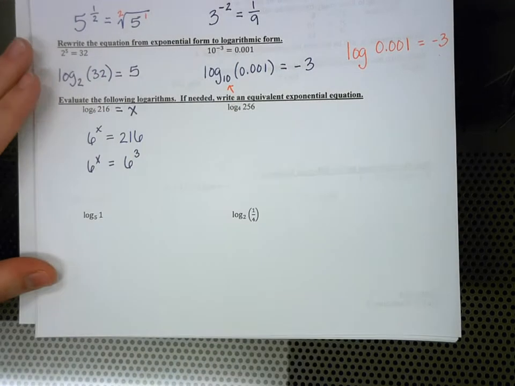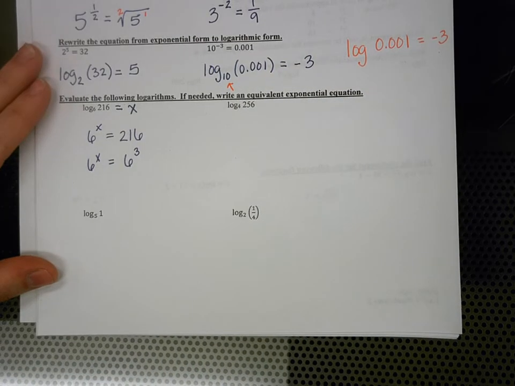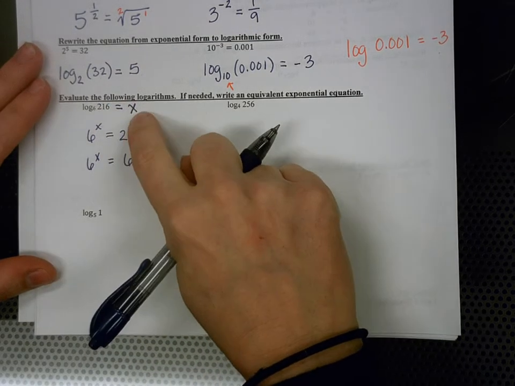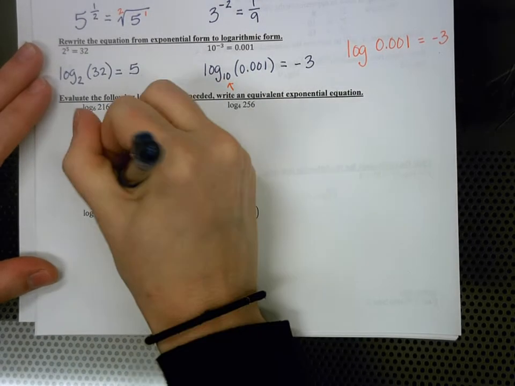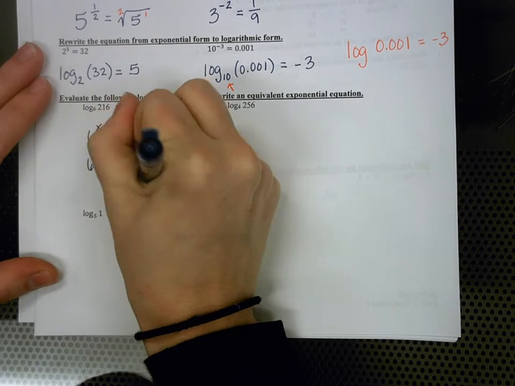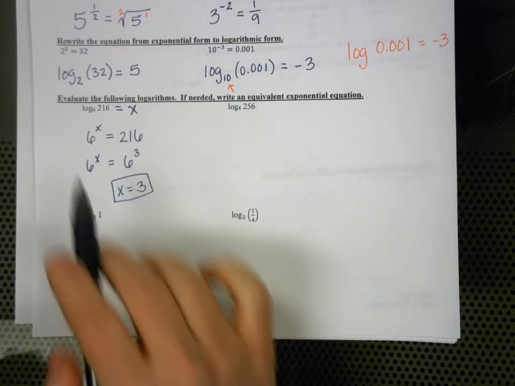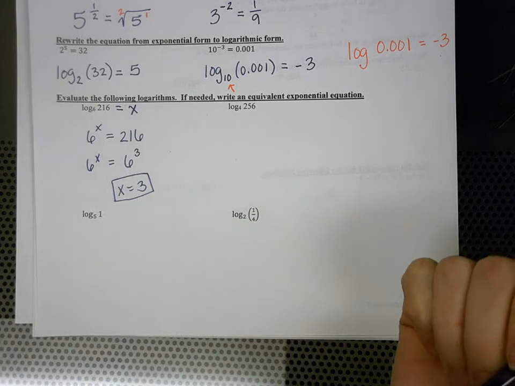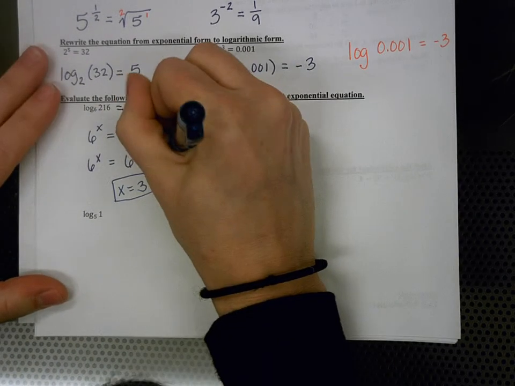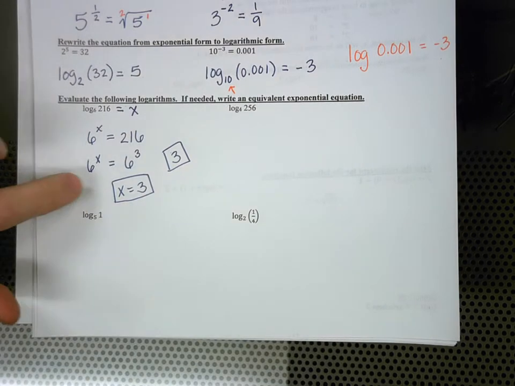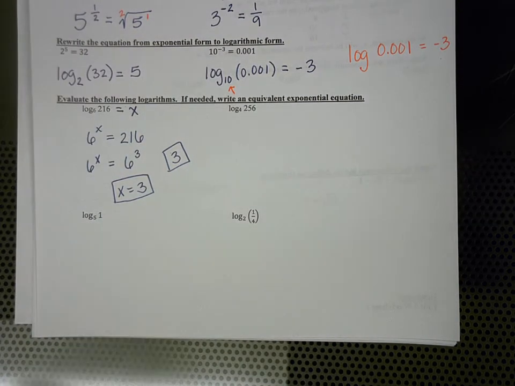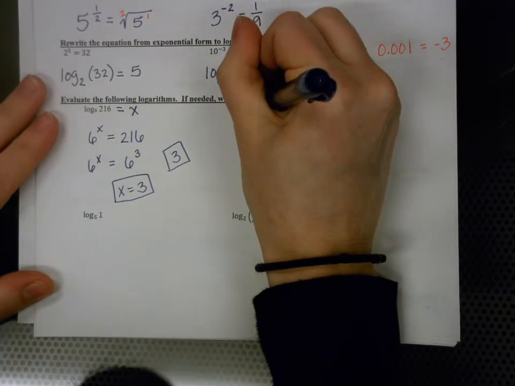So this would be 6 to the third power, which means that your x value here is equal to 3. Okay, so if I'm just evaluating the logarithm, I'm writing that this equals 3. So your answer would just be written as 3. I wrote x equals 3 because I did assign it a variable at the beginning. Either is fine. So you could also fill it in at the very end, saying log